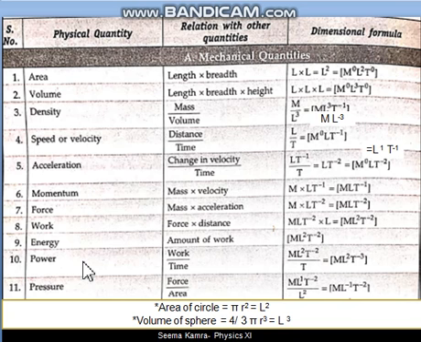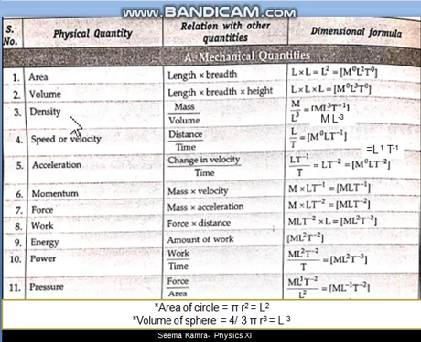So the purpose here is to tell you that whenever any area is given, the answer of the dimensional formula will always be L square, because every area has the SI unit meter square. In the same manner, whatever shape is given, the volume answer will always be L cube, because the volume is always in the SI system meter cube. So if the meanings of the terms are the same, the units are the same, and the dimensional formula will be the same.